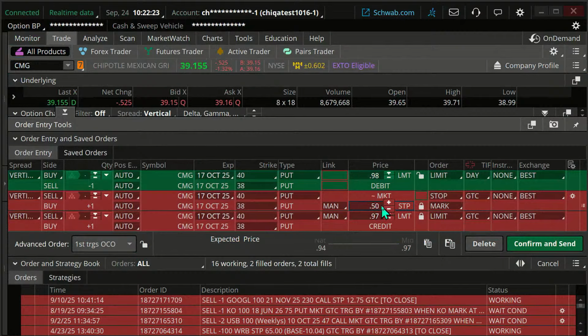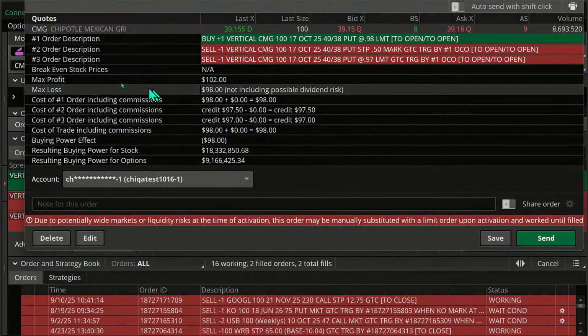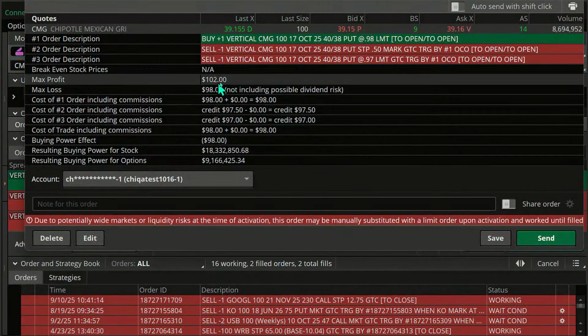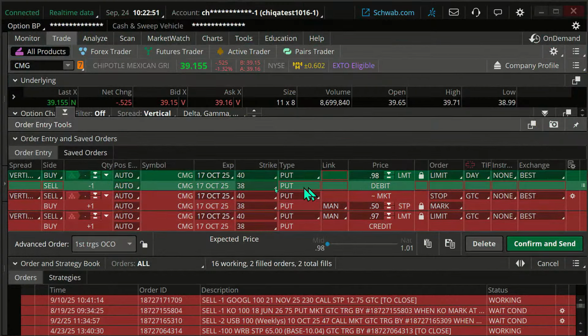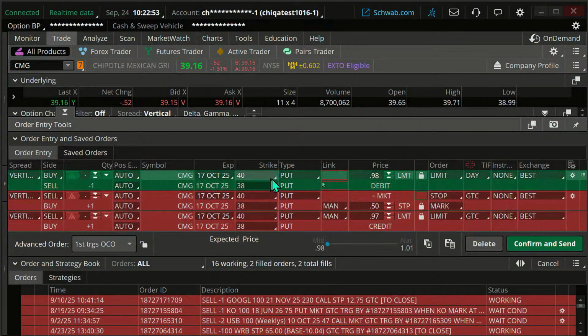It's based on the option price. What about a potential gain on this? That's going to be our limit price. Well, this could go up, but it may not be intuitive how high that can go. But let's just look at this trade. Let me click on confirm and send. It's giving me a max profit of basically 102. Now, in this case, the math's pretty easy. It's a $2 wide spread, and we're buying it for $1. The most this can be worth is $2. So the max gain we could have is basically $1. Again, I'm rounding 2 cents here.